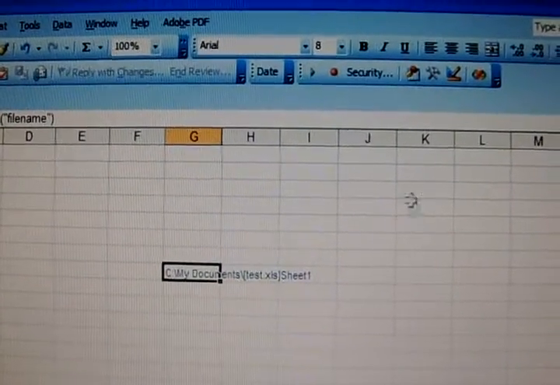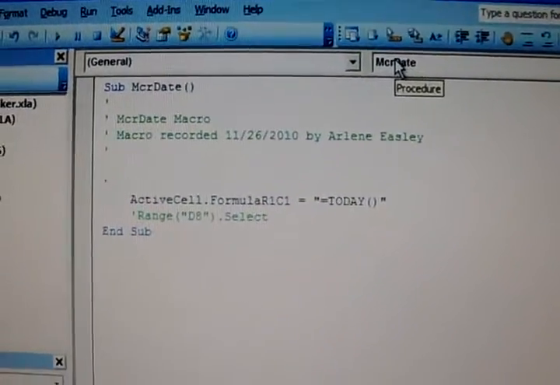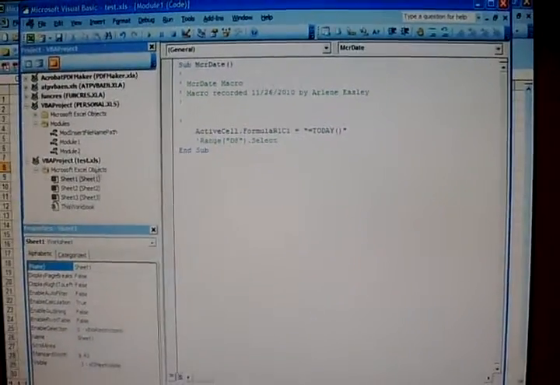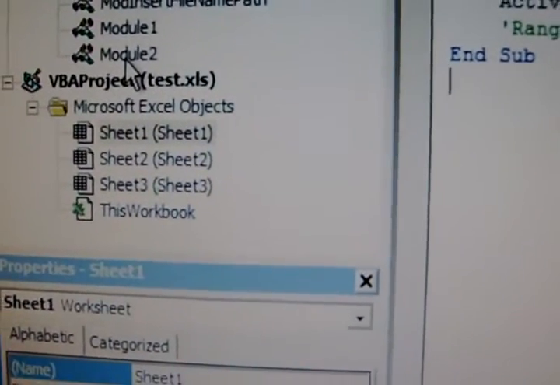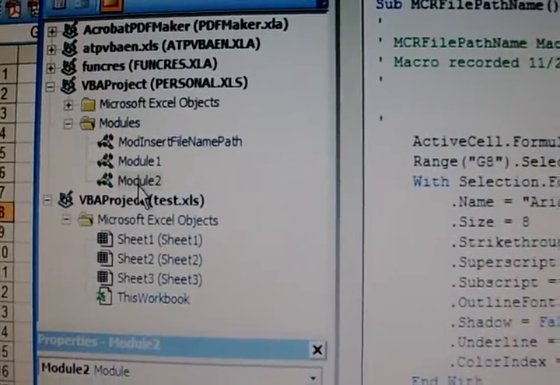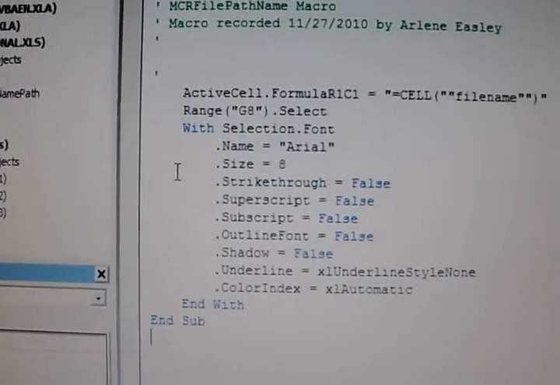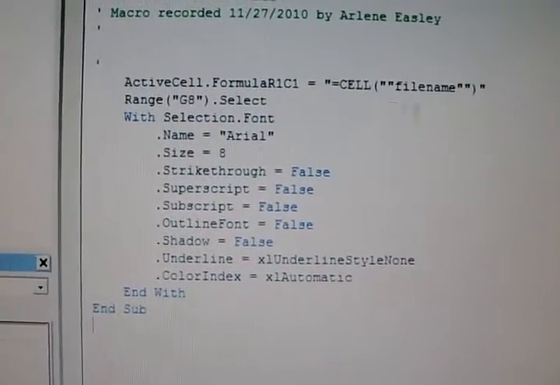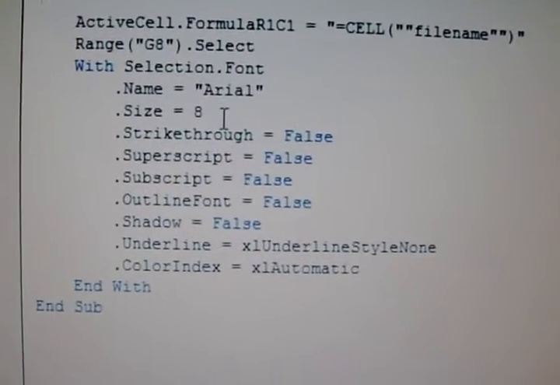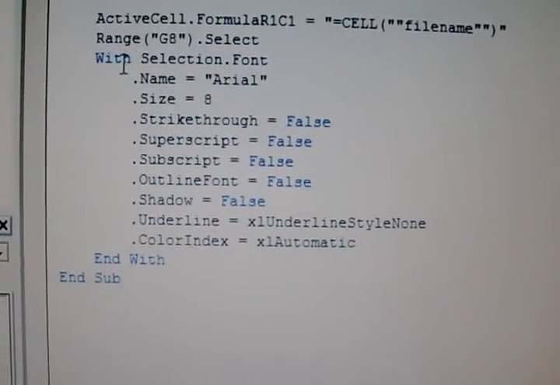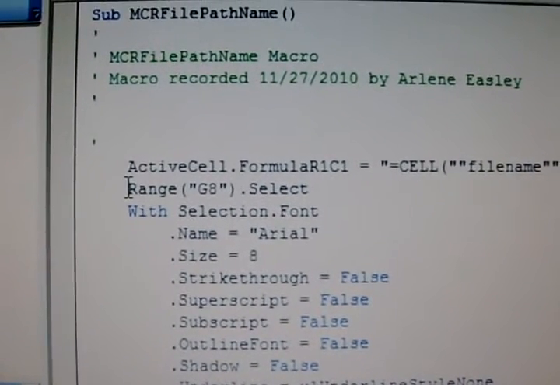and I'm going to go to the Visual Basic editor, and it always saves the macro that you just recorded to the last module indicated, which is module 2. So we're going to open that one, double click it, and that opens the macros within that module. Now this one is our file path and name, and we've told it to insert the file name, and we've said the size is 8. And the only thing that we don't want it to do is the range selection,